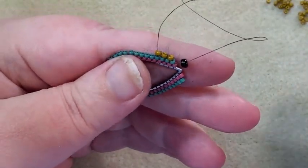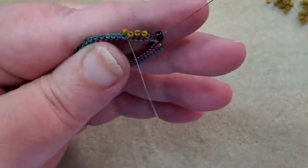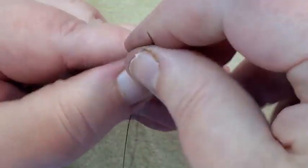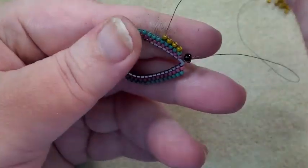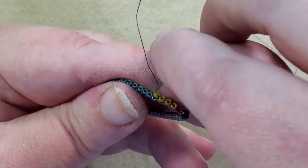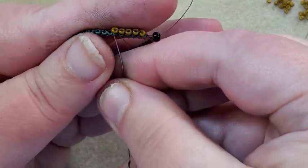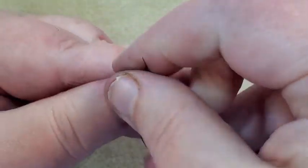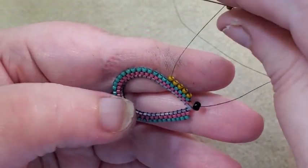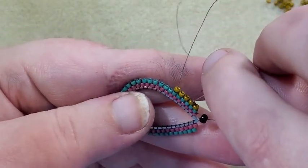I'm going to pick up another bead, go under the next thread bridge, go up the bottom of that same bead, I'm going to pick up another one, go under the next thread bridge, go back up the bottom of that same bead, pick up another one, go under the next thread bridge, if I can find where it is,